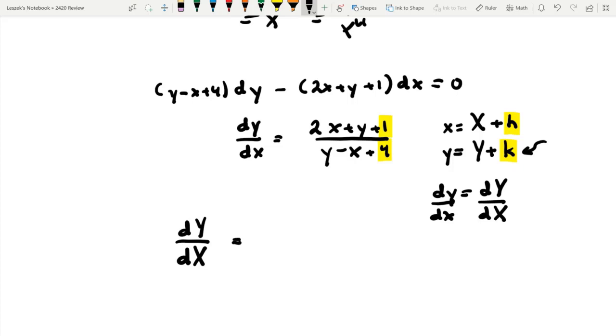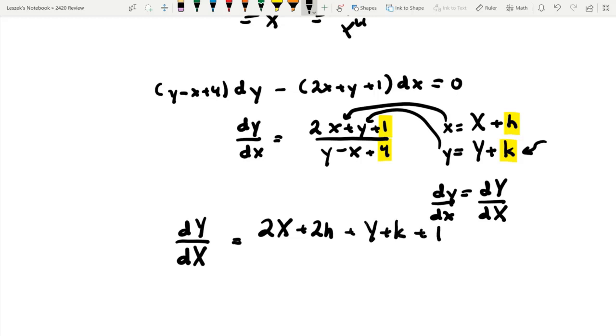On the right-hand side, if we replace x and y, the denominator as well,